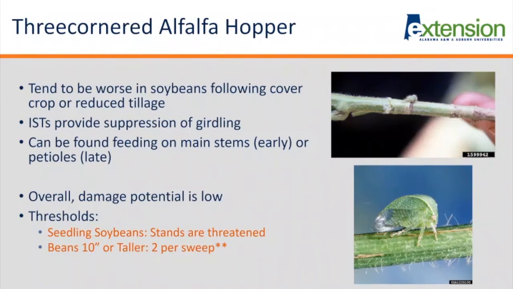When beans are 10 inches or taller, the threshold is 2 per sweep. So that means if you do